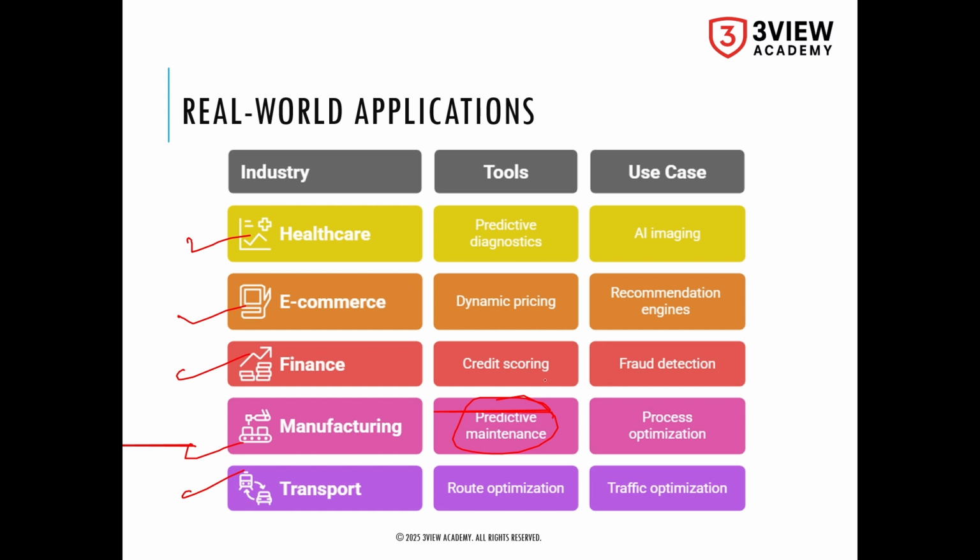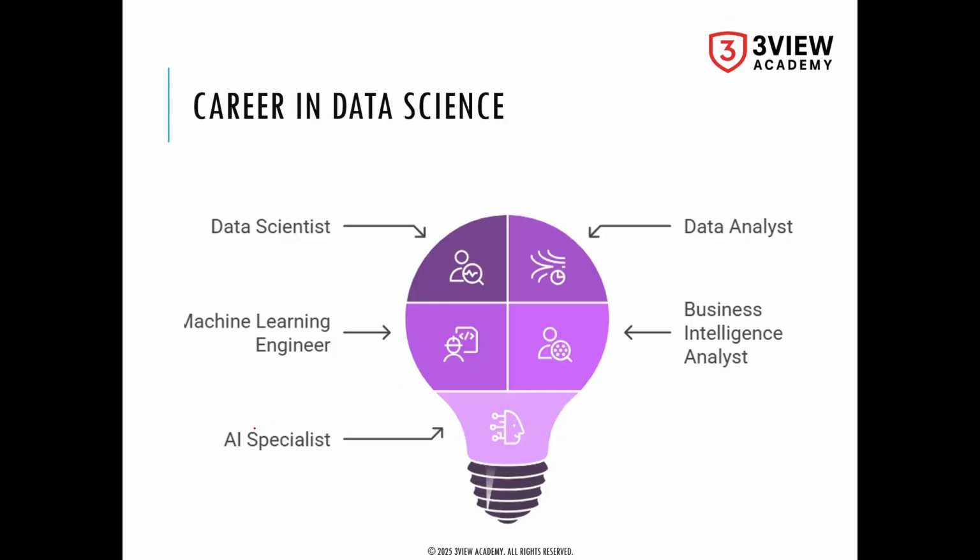So you know that you have to do servicing before this car breaks down, and you go for servicing properly and on time, and you save a lot of losses in future. You don't incur that much loss later, and you save your money. That is a perfect example of manufacturing, or you could say an industrial application of data science, AI, and machine learning. Transport, we have discussed the route optimization, so we can move ahead now.